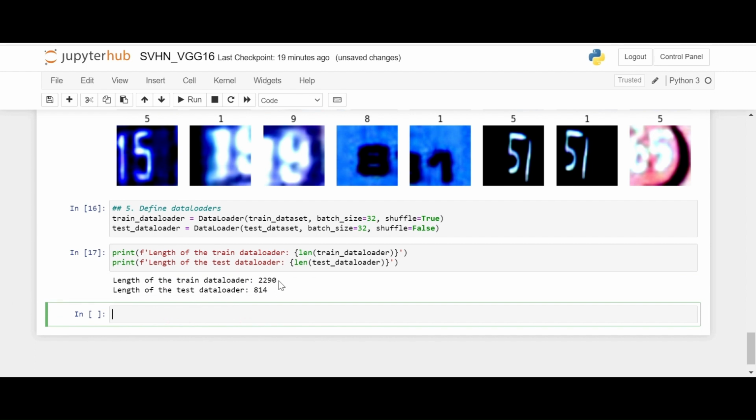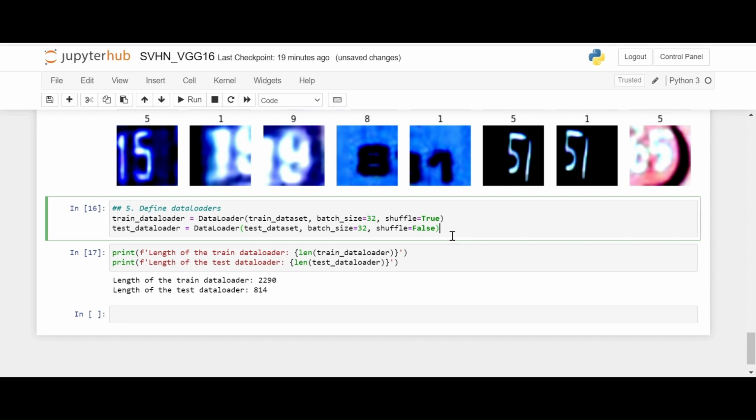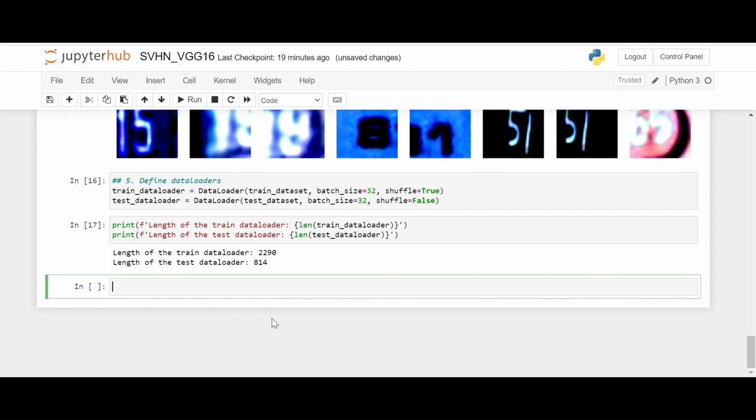So the length of the train is 2290 and test is 814. And apart from the last one, I think everything has 32 images. Okay, now